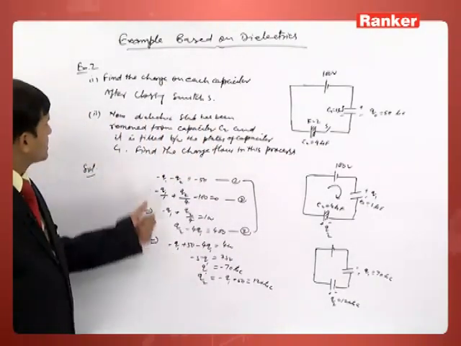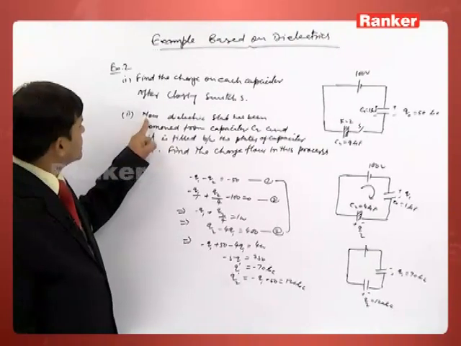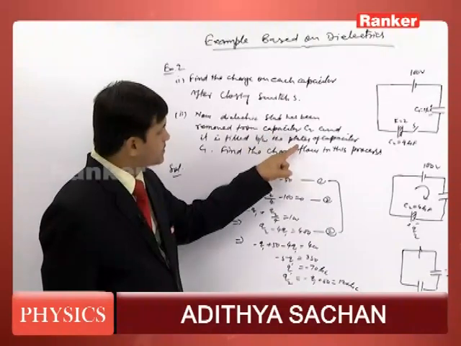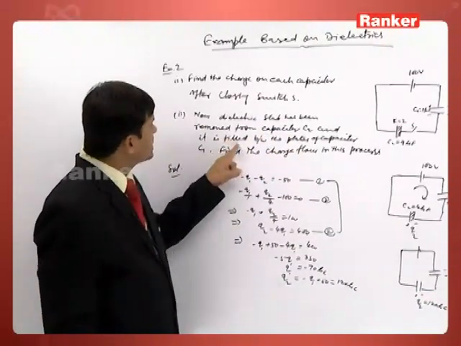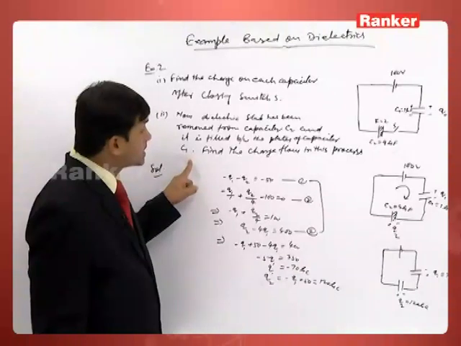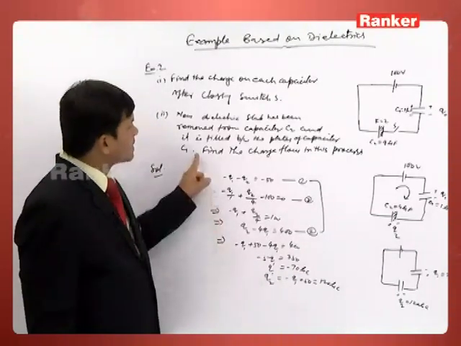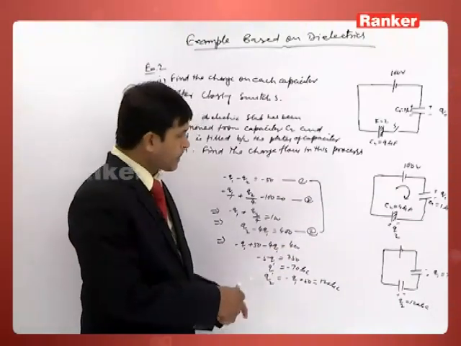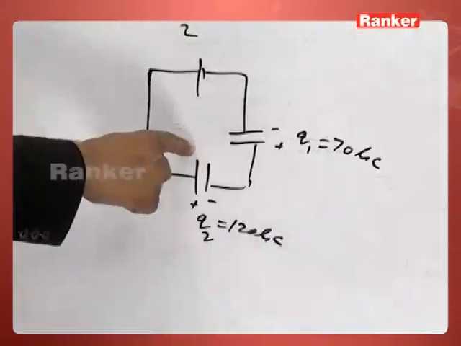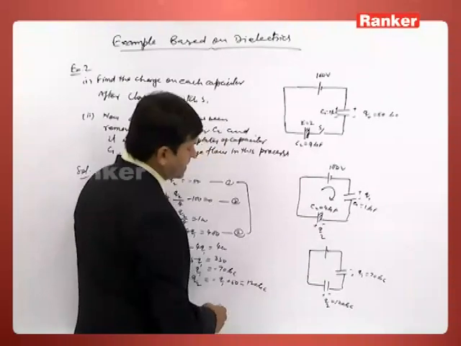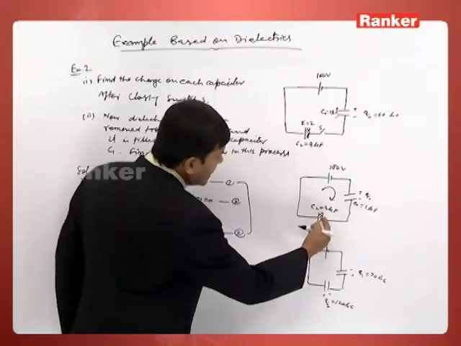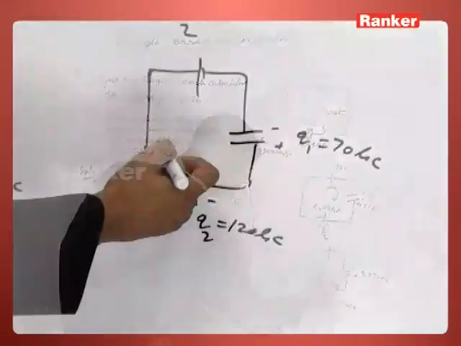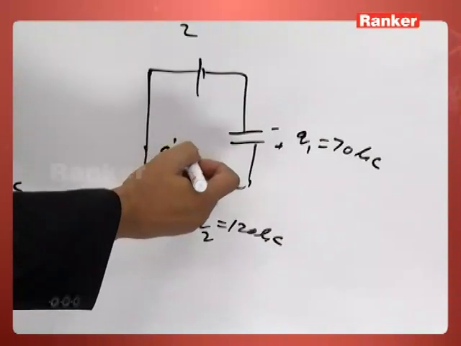Now next, in the second part they are saying, now the dielectric slab has been removed from capacitor C2 and it is filled between the plates of capacitor C1. So what is the effect, and how much charge will flow in this process? See, now the dielectric slab has been removed from this capacitor to this capacitor. So the new capacitance, as soon as it has been removed, since the K value given here is 2, the capacitance of this becomes C2 dash, which is 2